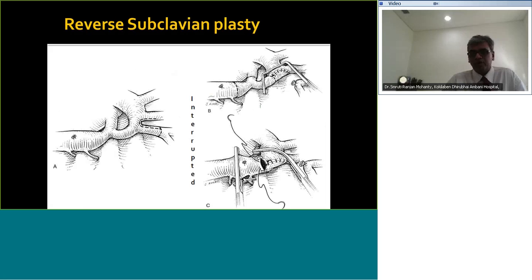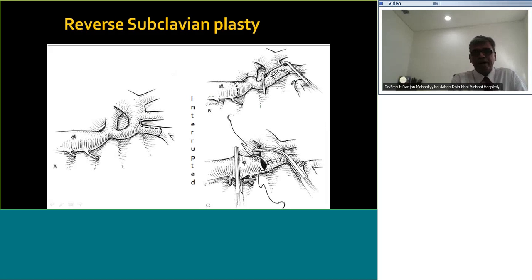Now there has been a report of another technique called reverse subclavian plasty. So what do you do in that? You essentially ligate the subclavian as far as possible. You incise this part of the subclavian, not the below part of the subclavian, rather the part which is adjacent to the left common carotid. There you incise, and this incision can be extended up to the left common carotid, and then this part is sutured in the reverse way, which will take care of the distal transverse arch,